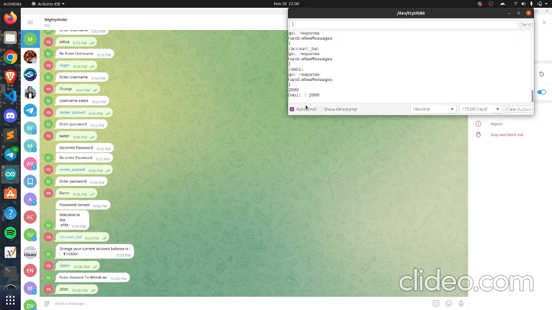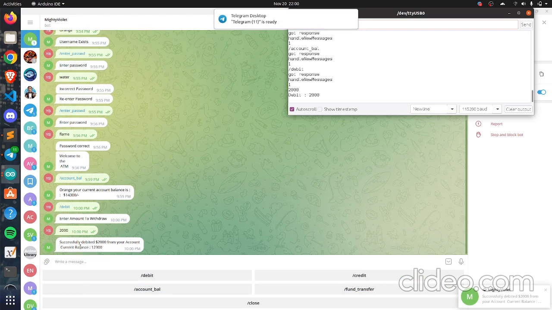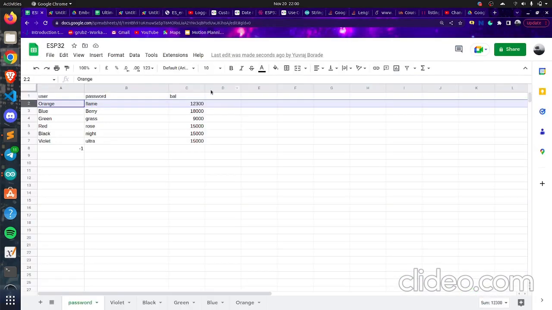Yeah, so it's debited 2000 rupees in the orange's account. Successfully debited 2000 from your account, and the current balance is 12,300. So we can see that it's also been updated here.